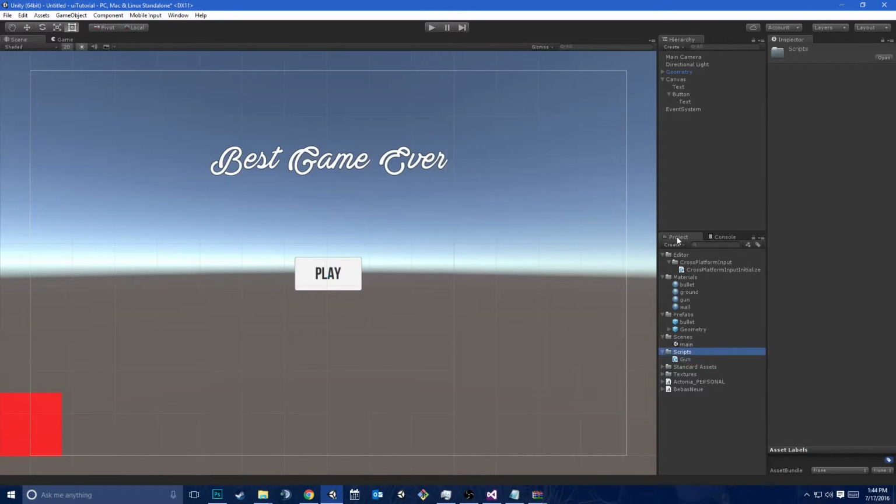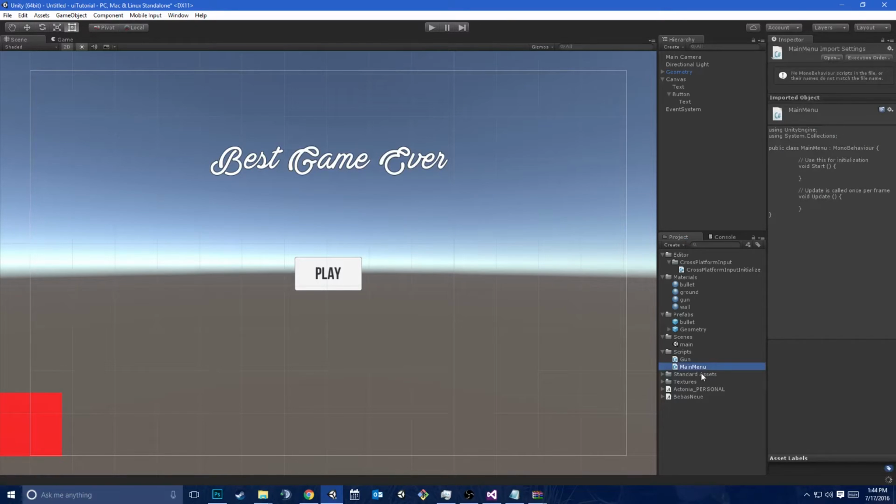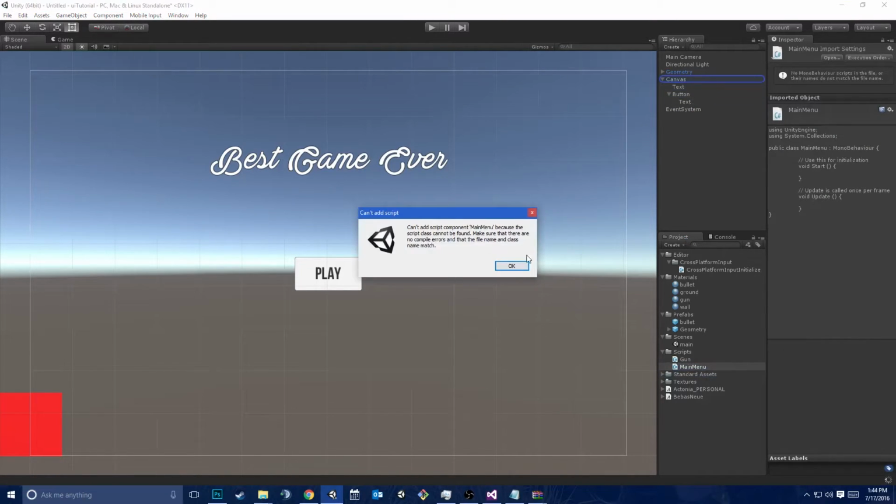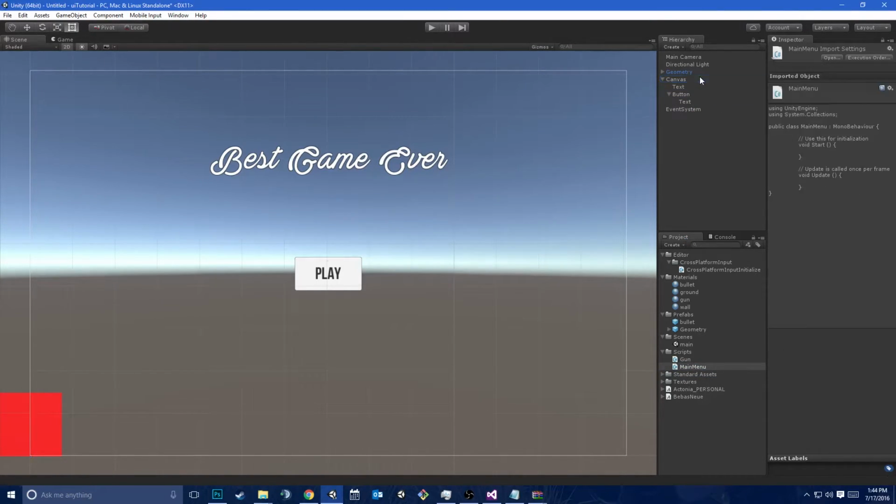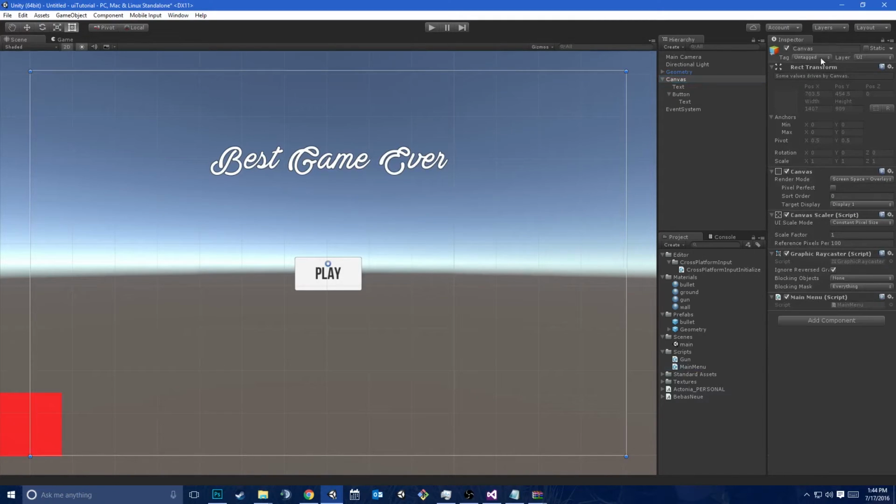So I'm going to go ahead and make a new script, and I'm just going to call this main menu. And I'm going to attach this to my canvas. Oop, gotta let it finish compiling before you can add it. I'm going to rename my canvas to main menu. Okay, and now inside main menu,